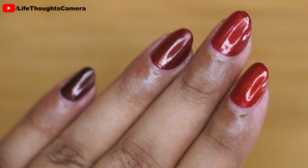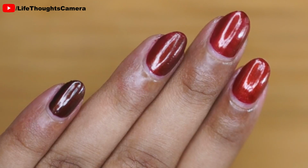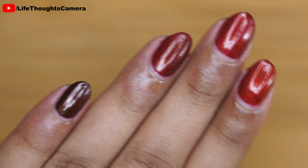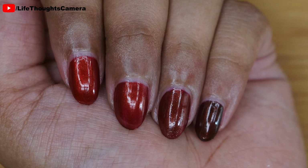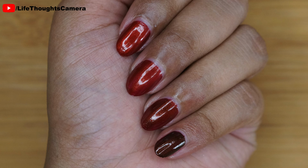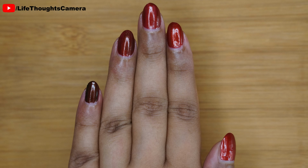Pros and cons of this method. Pro: you don't need any fancy tools, tape, nail guides, or anything else. As for nail polish, just 2 shades are enough. And the con? Need patience. Time to see which lighter and darker color combos you like the best. And of course, you will need time to experiment with how much black nail polish is enough to change the